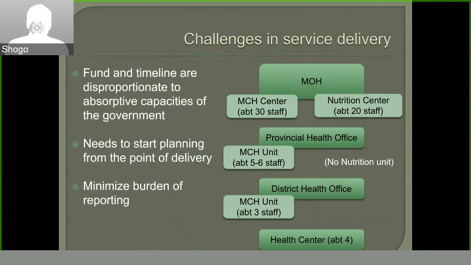Okay, so I think I said the Nutrition Coordination Committee, a huge coordination committee developed at the national level, was actually burdened, and it was way too much for the absorptive capacity at the subnational level. And this is a good example to show the importance of starting to design the coordination mechanism from the point of delivery in a realistic way. And one more thing, as an adding point, is to minimize the burden of